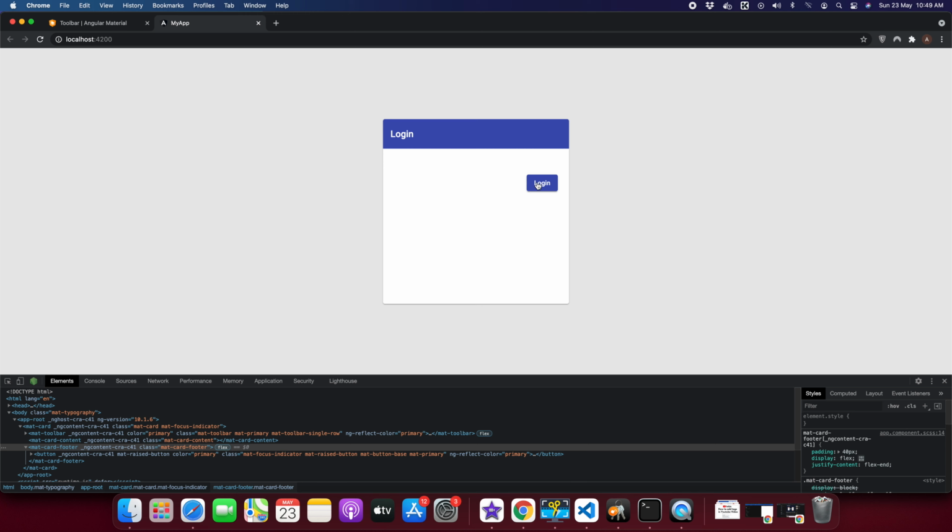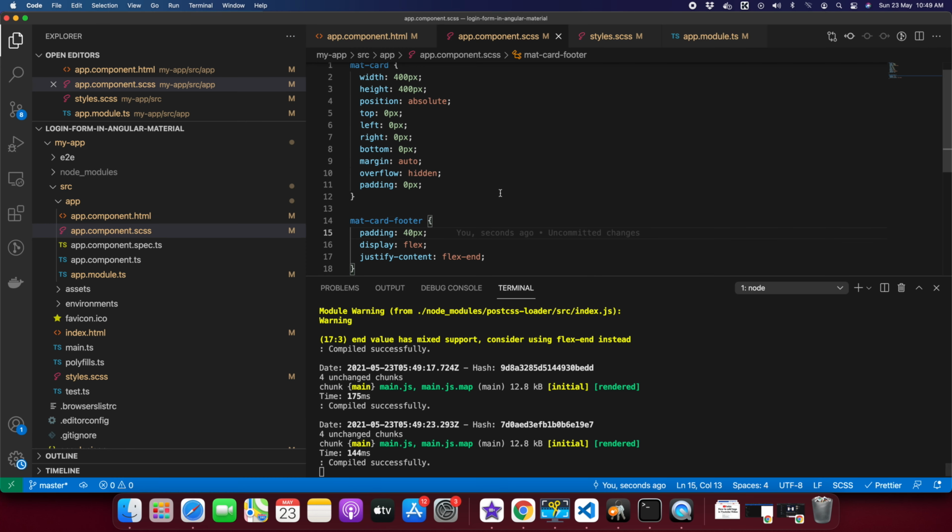And another thing that I am thinking should be there is that it should move back to the bottom instead of the up. And it is on the upside because the card content height is 0 pixels. So that is why it is on this top position. So we need to push it downward to the bottom of the form. For that,